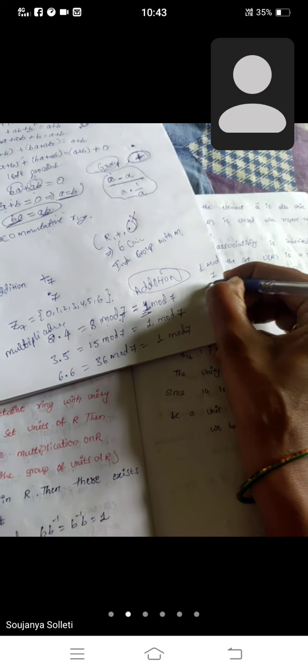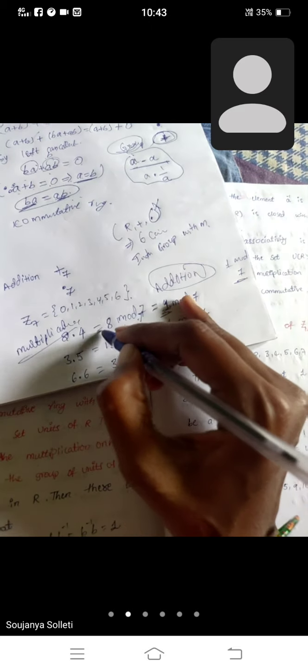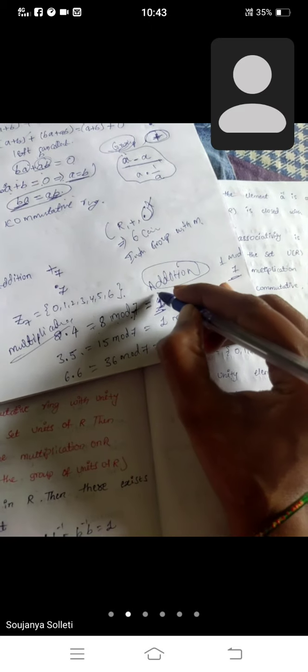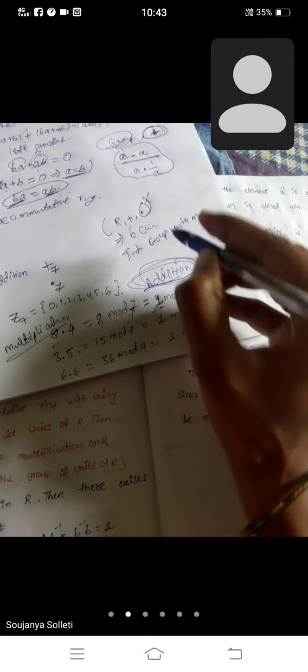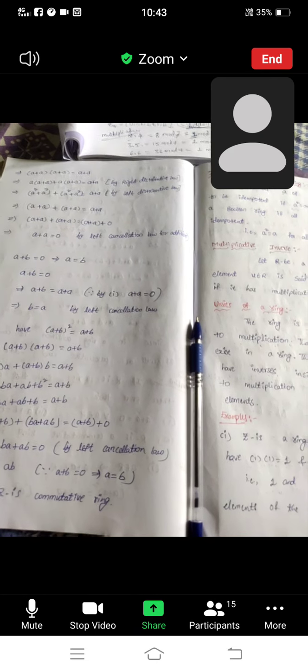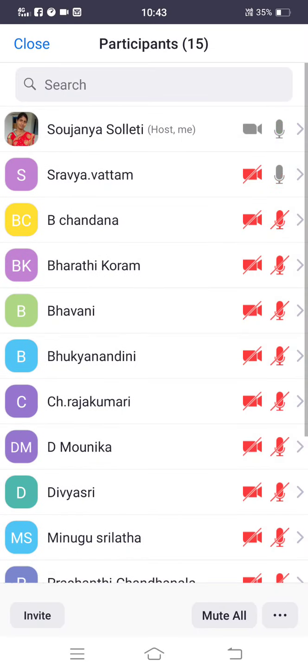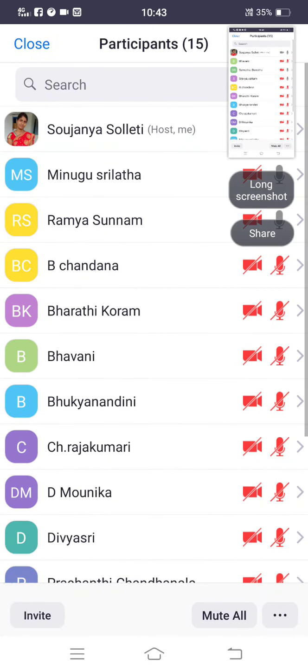Okay, so this is your homework. For multiplication, these three terms are adjusted. When we adjust, which terms are adjusted in addition? This is the homework. Okay, everyone do this homework. This is the concept of Boolean ring and units of a ring. Okay, everyone clear? I will take a description. Okay.